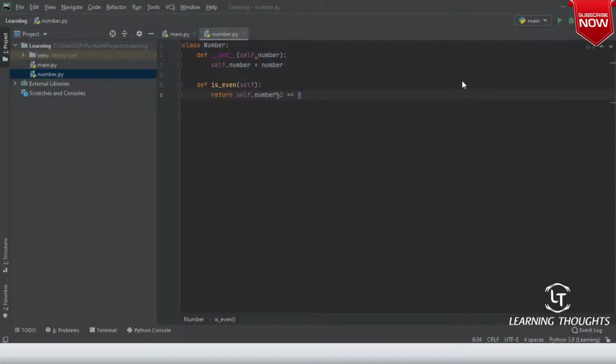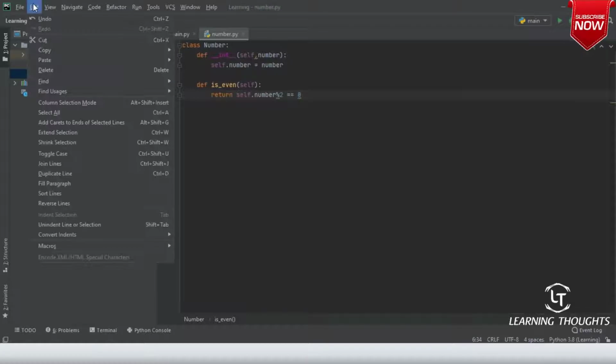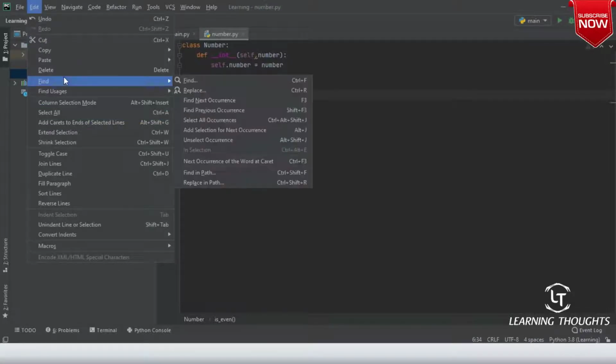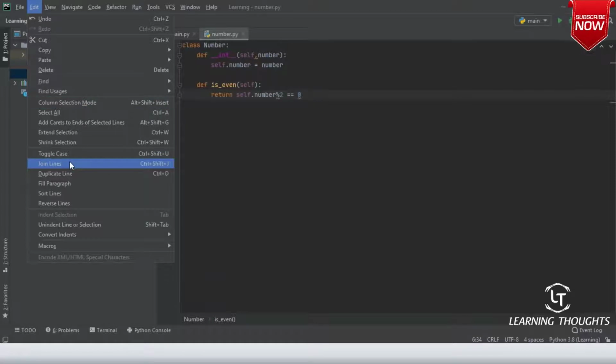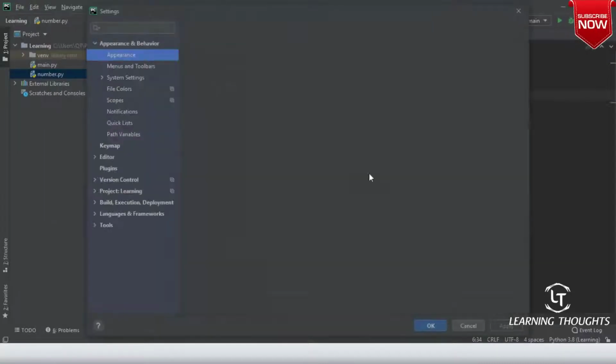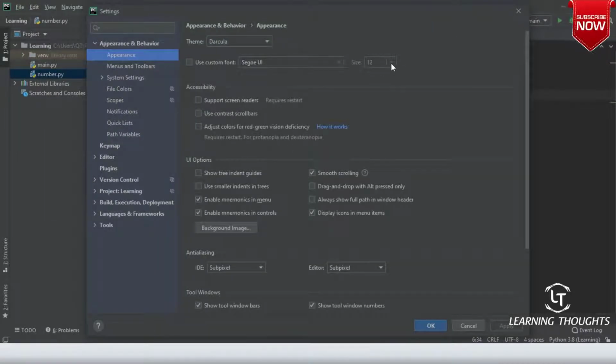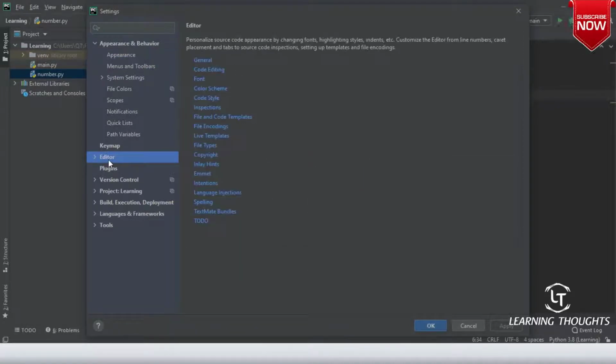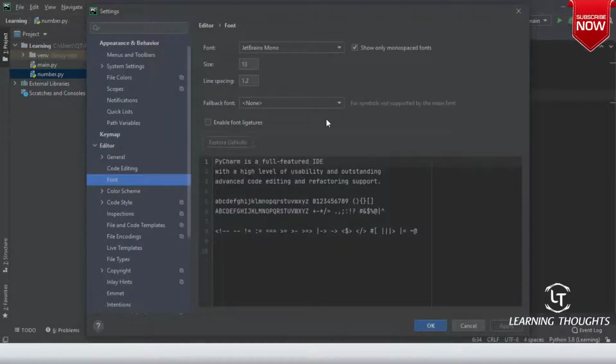Do you want me to increase the font size? Okay, right. So Edit, I don't want to zoom. Edit, File, Settings, font size. I don't want to use a custom font. Right now it is using 14. Let me use 18.